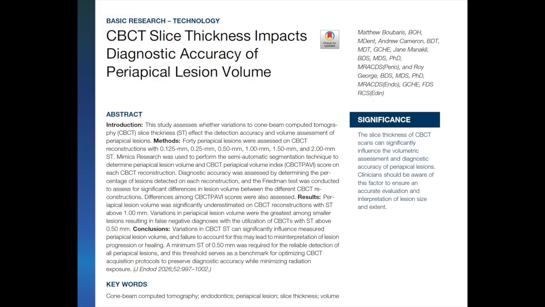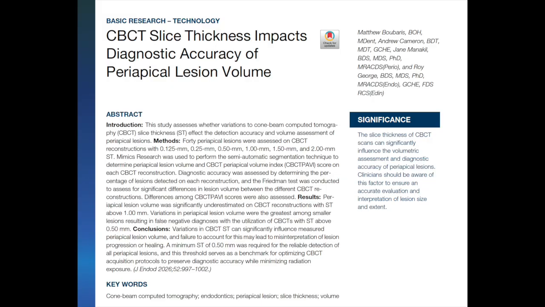The scans were of patients who had periapical radiolucencies, originally acquired at 0.125 millimeter slice thickness, and each scan was reconstructed at six slice thicknesses: 0.125, 0.25, 0.50, 1, 1.50, and 2 millimeter, with the slice interval matched to the slice thickness. The lesion volumes were measured using semi-automatic segmentation